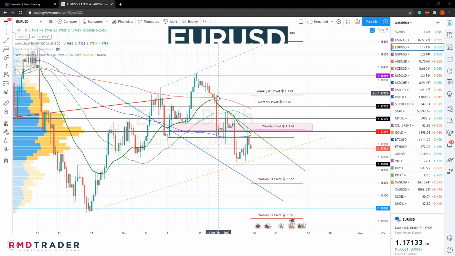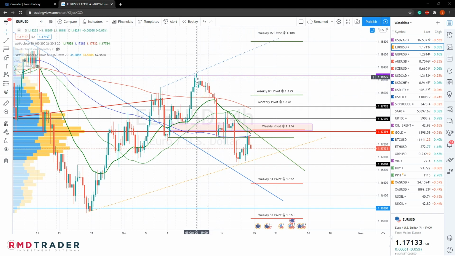We are moving on to the Euro USD. Last week saw price sell off almost immediately after the market open, with price rejecting this area of resistance at 1.18269 and immediately retested the monthly pivot at 1.178. Very briefly, then went back up to the 200 SMA and then fell straight through, only to find some support on the 4-hour 100 SMA at the low of the week at